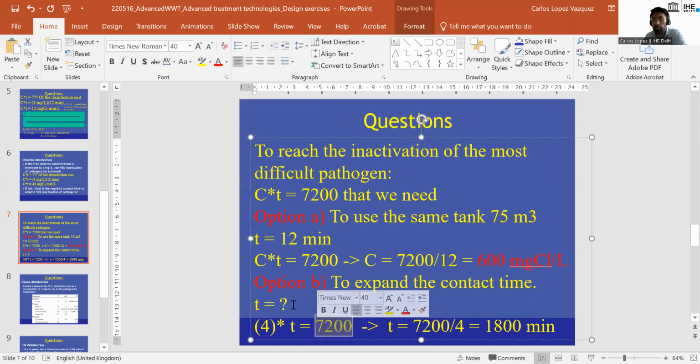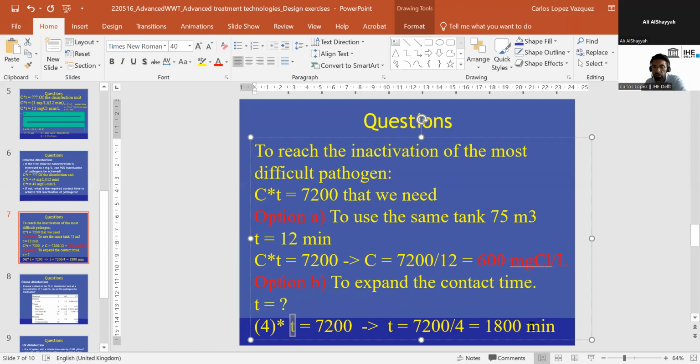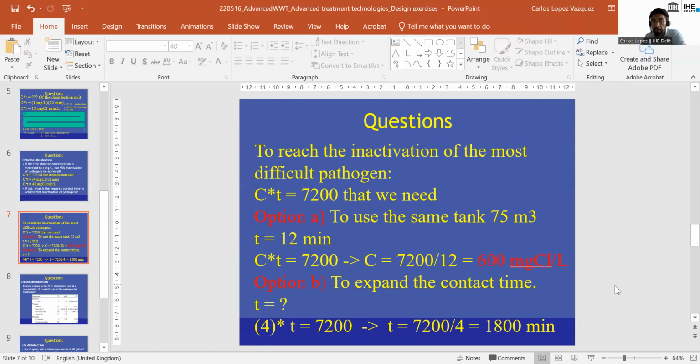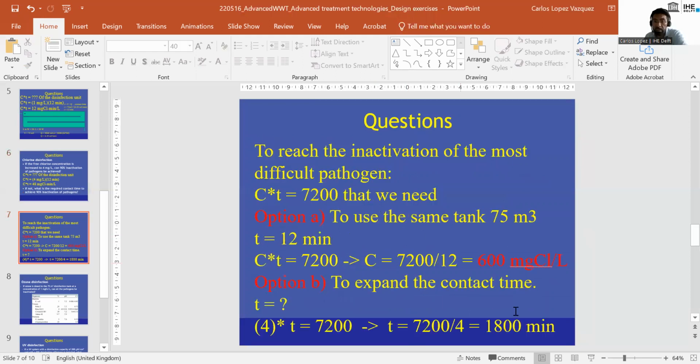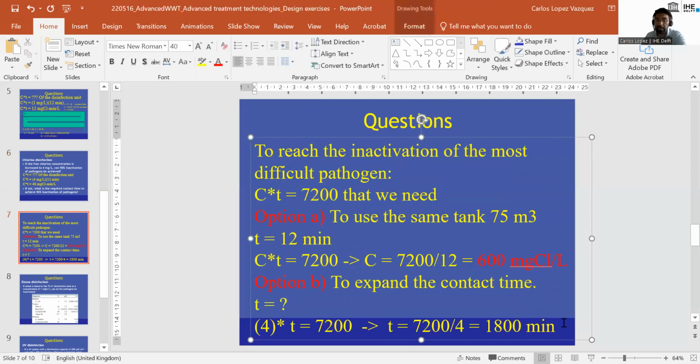Now we have to reach this CT value of 7,200. If we are dosing the same chlorine concentration, what is the new contact time that we have to have in the system to achieve this CT? So we keep the same concentration, and now ask what is the time. So now I solve the equation for time. It's 7,200 divided by 4, which is 1,800 minutes. Before it was 12 minutes. So it's increasing from 12